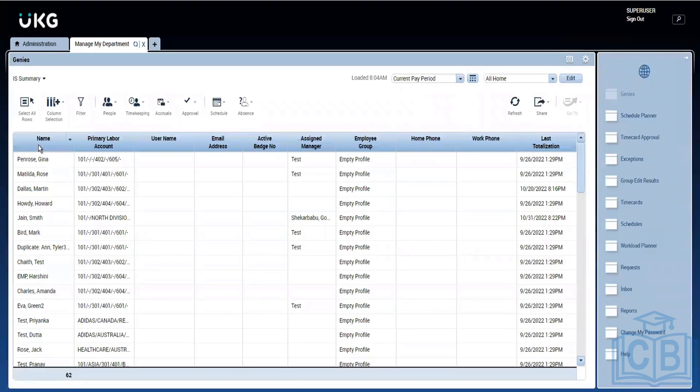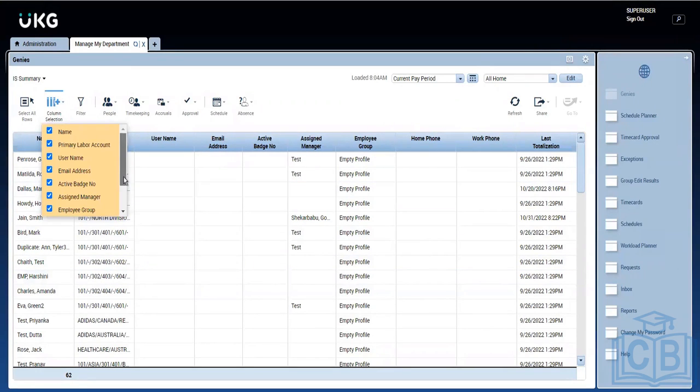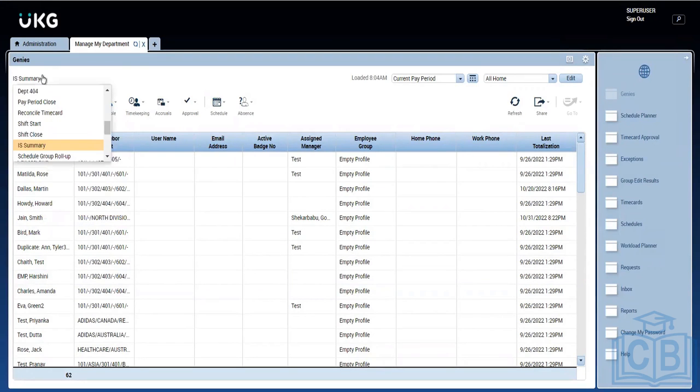If you click on summary, it will give you the list of all the employees with their labor account, username, name, manager, phone number, last totalization, and so on. Similarly, we have a number of genies here which give different column details based on what genie you choose.